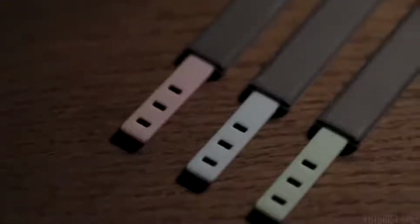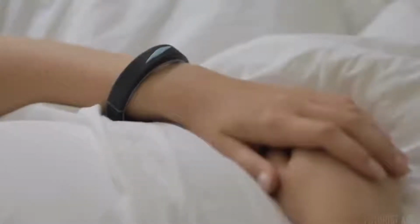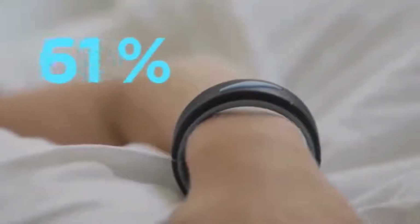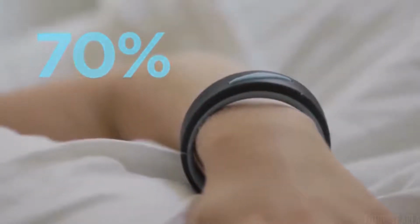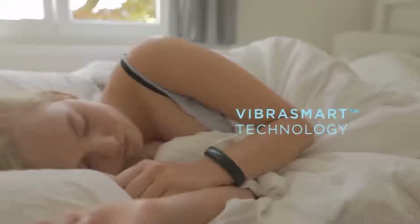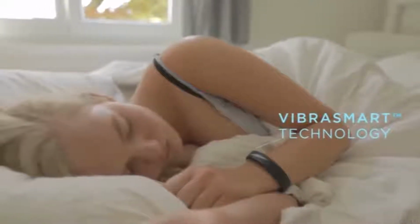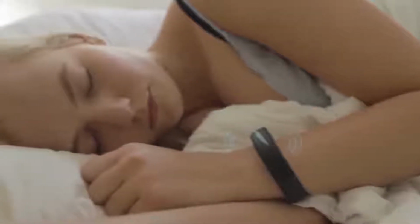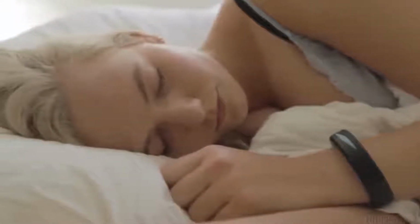So, what makes our device a real revolution that will enable you to have a lucid dream, probably the very first evening you use it? More than 70% of our testers experienced a lucid dream during one of the first 3 nights using it. And that's not all. With Insta-Dreamer and its VibraSmart technology, you'll not only wake up fully refreshed because of the device's ability to analyze your sleep cycles and wake you up at the best moment,